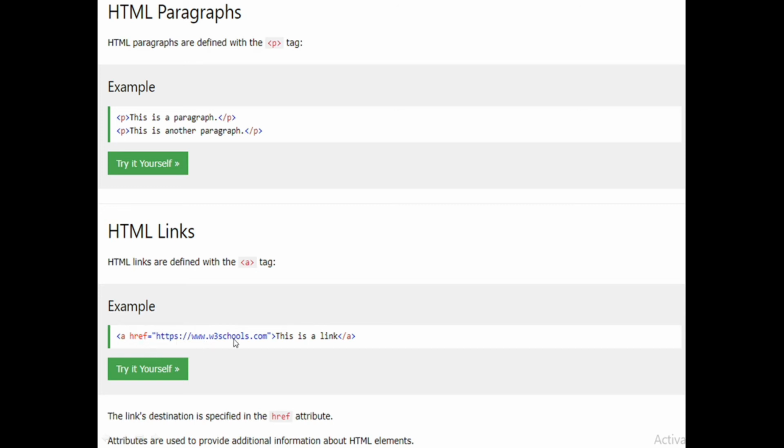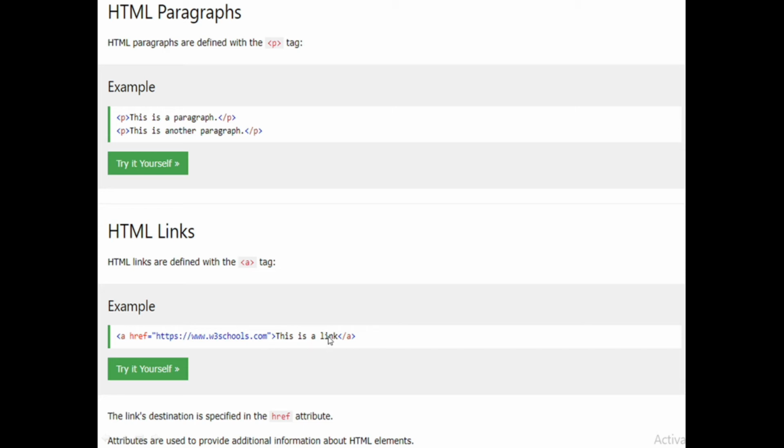The syntax of writing an attribute is attribute name equals value, and the value should be in double quotes. Here the attribute is href equals the value, which is a link. That means they have gone to one link known as W3Schools. That destination link you have to specify in double quotes.